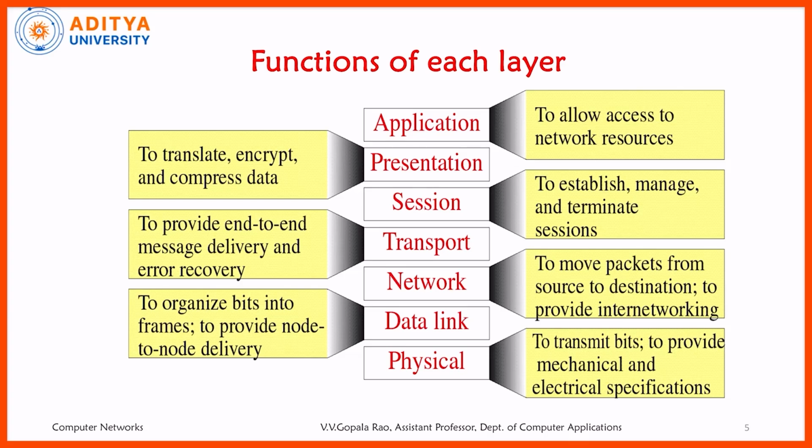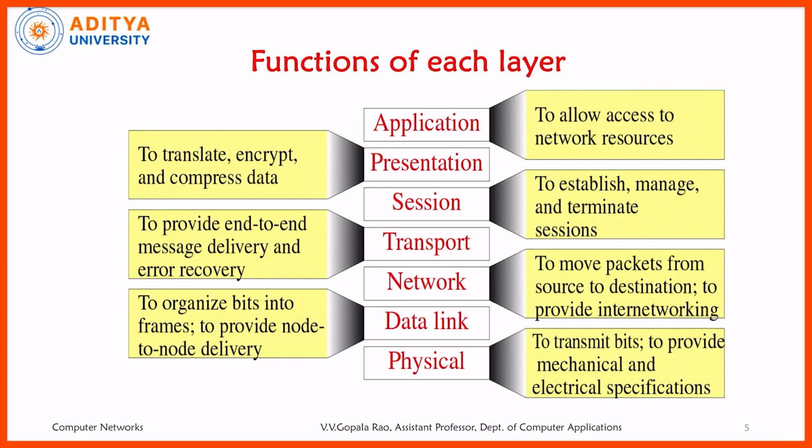Once you come to the next layer, that is called the network layer. The network layer is a layer which is local, you can say. The network layer belongs to the local network, whereas the transport layer and the layers above it can be referred to as global. Why am I saying that? The network layer is close to your network. That means it belongs to your local network. Here in the case of the network layer, the message will be handled in terms of packets, and the packets may go from source to destination, and finally it is going to carry the information to the data link layer.